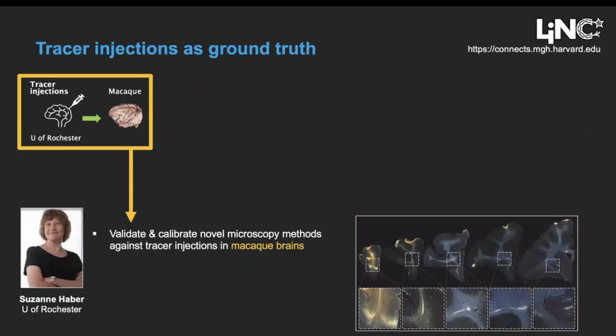In the macaque, we'll have tracer injections in these brains done in Suzanne's lab at the University of Rochester that will serve as the ground truth to validate the more novel microscopy techniques that will be applied to these brains downstream. Because in the human, we're not going to have such a hardcore ground truth, because we cannot do tracer injections, we use the macaque as a model to be able to do the direct validation of these methods against the tracer injections, and then to apply these methods to the human